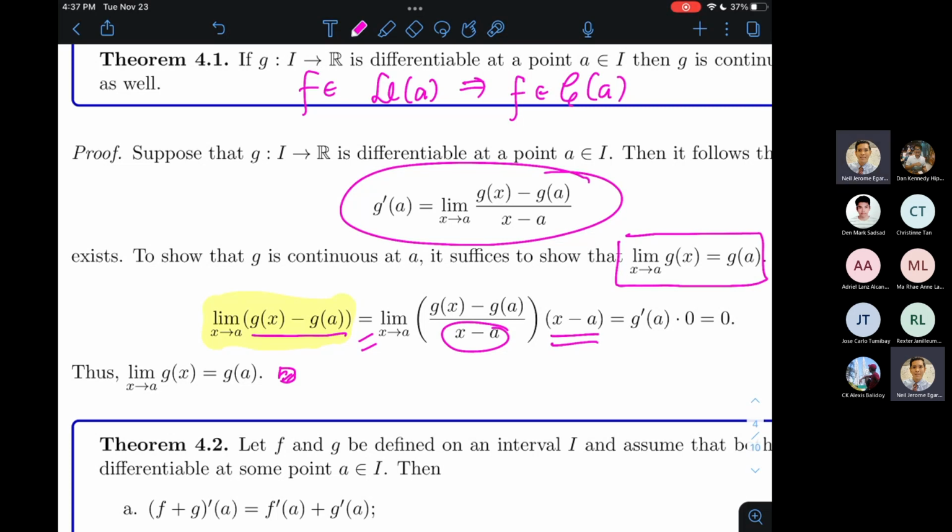I think you have probably seen this in Math 36 kasi madali lang siya, pinaglaruan lang yung definition. Pero ang pinaka-tricky part dito ay paano ko naisip na computehin yung limit ni g of x minus g of a instead of computing the limit of g. Okay, ito yung mga minor, actually minsan hindi minor eh. Ito yung mga sleeky tricks na pwede niyong gamitin para mapadali yung proof ng isang statement. Okay?